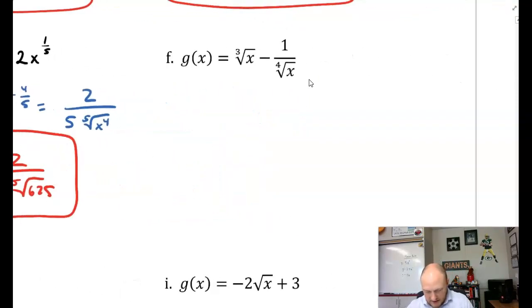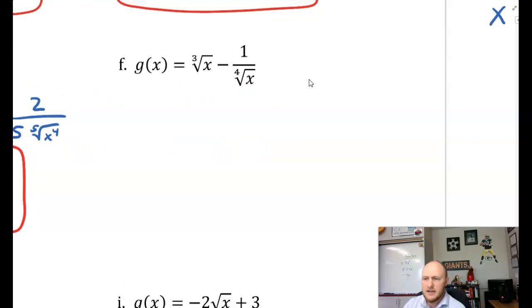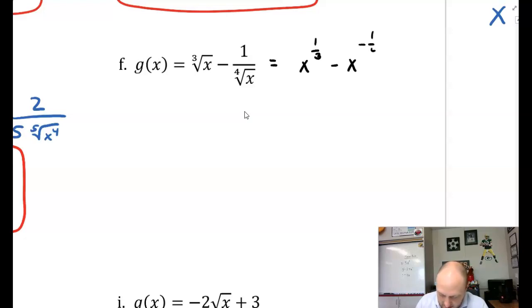Okay, all right, now they're giving us 2 terms, right? Now they think they're being tricky, but they're not. I know that I can just take the derivative of one term at a time, but I just got to change it from radical form back into rational exponent form. So I have x to the power of 1/3 minus x to the power of negative 1/4. Okay. And so g prime of x is going to be equal to 1/3 x to the power of negative 2/3